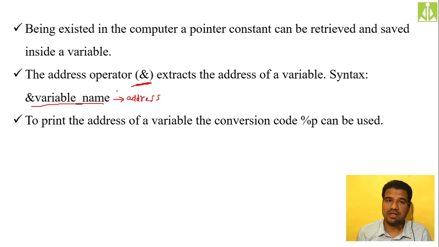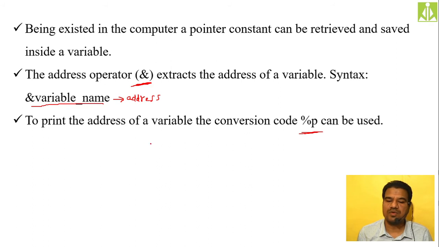Getting the address of the variable is nothing but getting whatever memory location that variable is occupying. Whatever memory location the computer assigns to that particular variable, we get the address of that memory location. Hopefully you understood. Whenever you take the address of a variable, you can also print it on the output screen to check it. To print the address of a variable, we use %p.